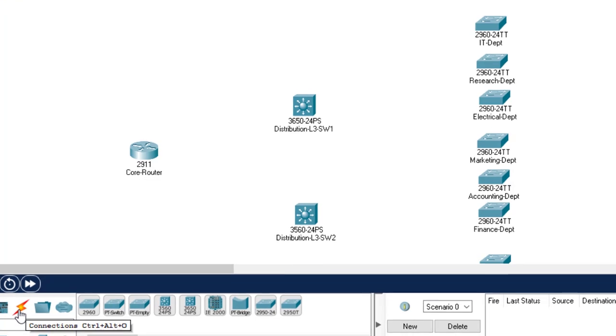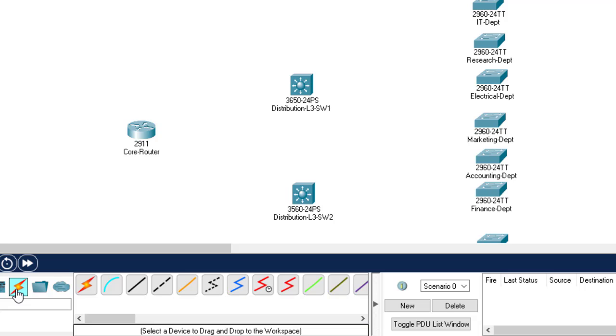where it's written connections, just click, and for us to move very fast, I will choose this automatic. So guys, for the case of choosing connection type, I will go to automatic, because automatic really goes very fast. You don't need to choose the interface. It will choose it automatically. Okay, and you should know that when connecting same devices, you should use a crossover cable, but different devices you should use straight through. Okay, but this one will require you to select an interface through which you want to connect that cable. Okay, so automatic,